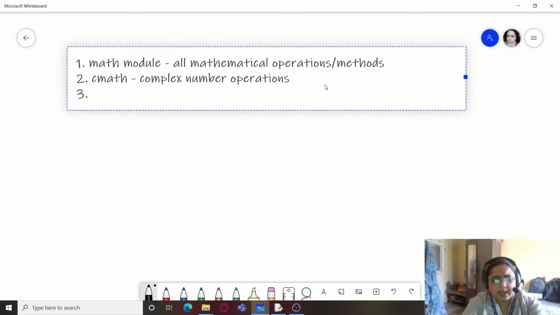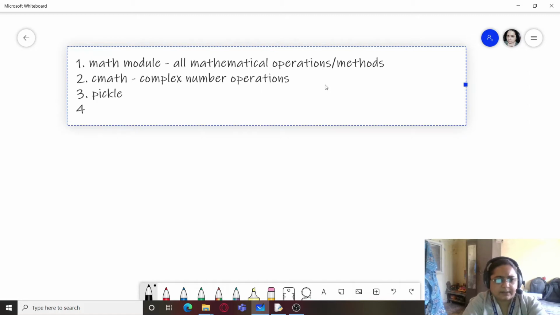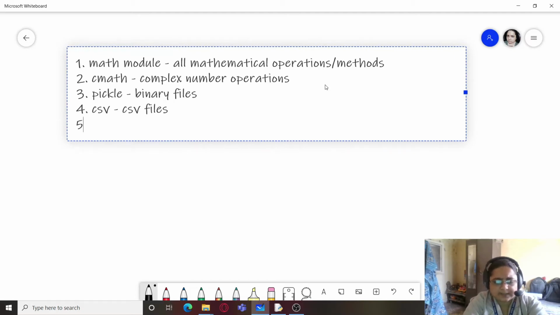Then you have other modules like the pickle module, which is basically used for working on your binary files. You have also studied the CSV module, which is used for working on CSV, that is comma separated value files.